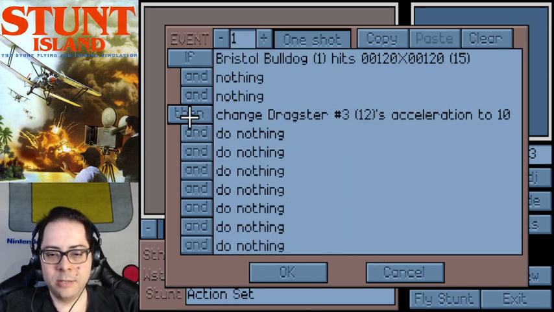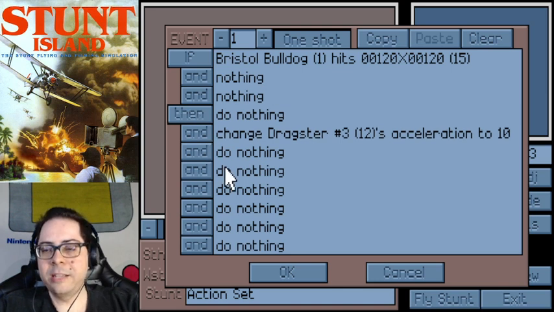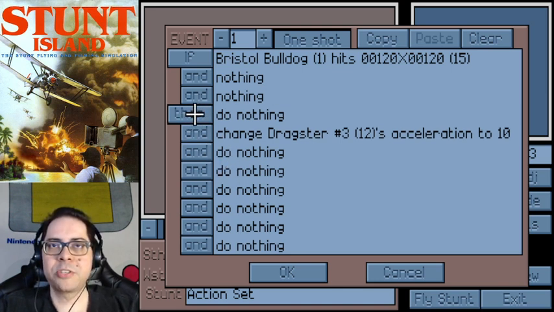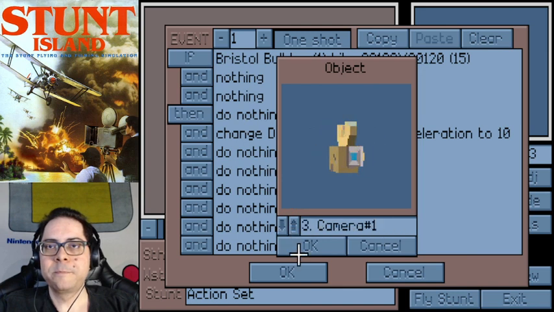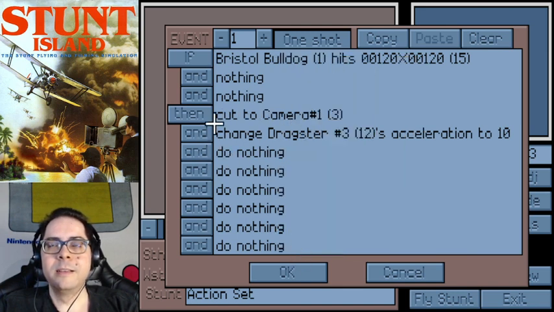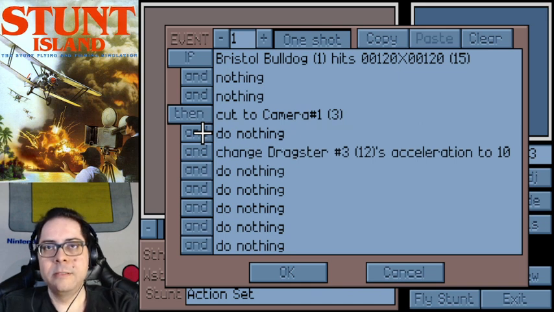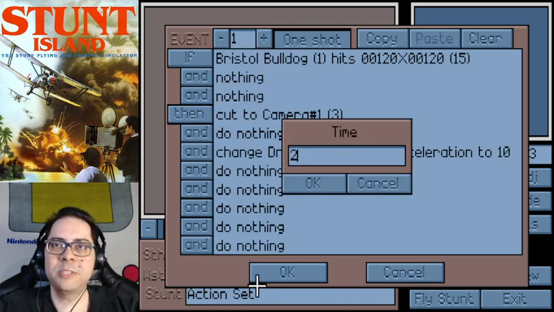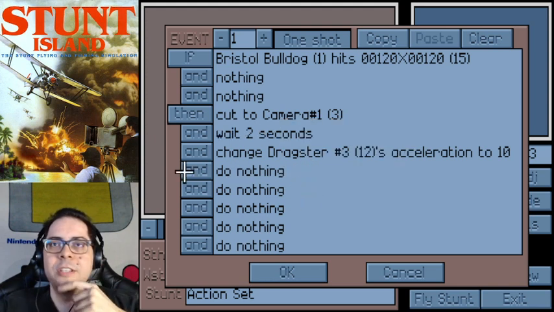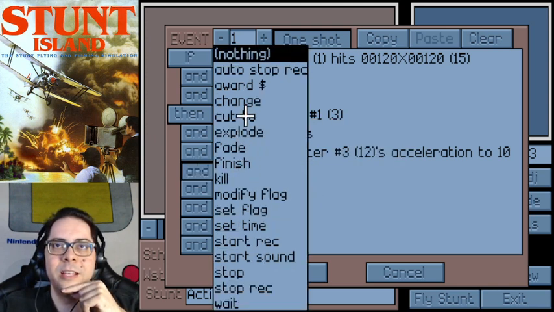I can actually insert: click the line, put my mouse cursor here, press the insert key, and I can insert a new line above the line that I put. So cut to this camera. Actually, no, I want to cut and then wait maybe 2 seconds and then change the speed of the dragsters,